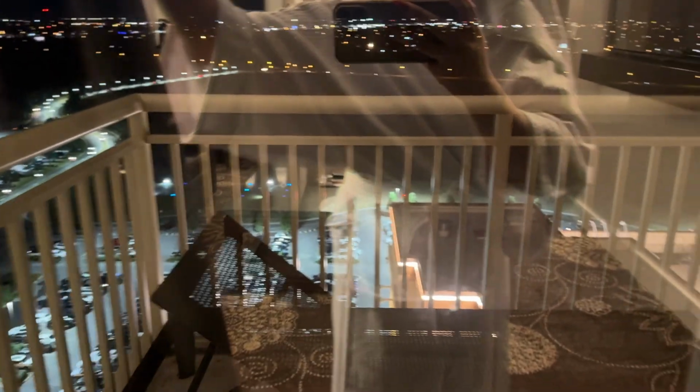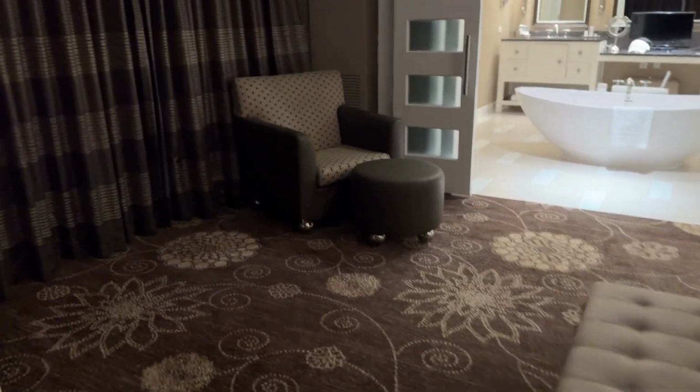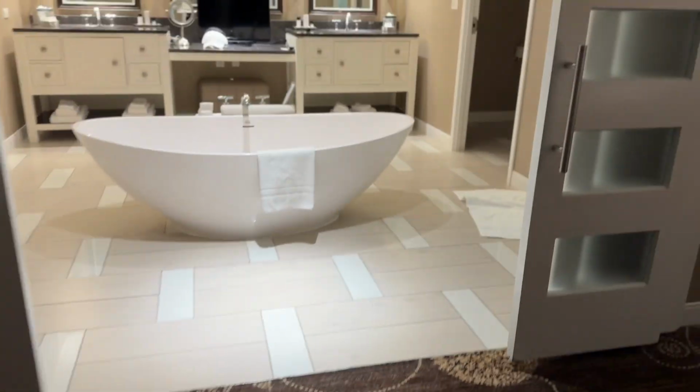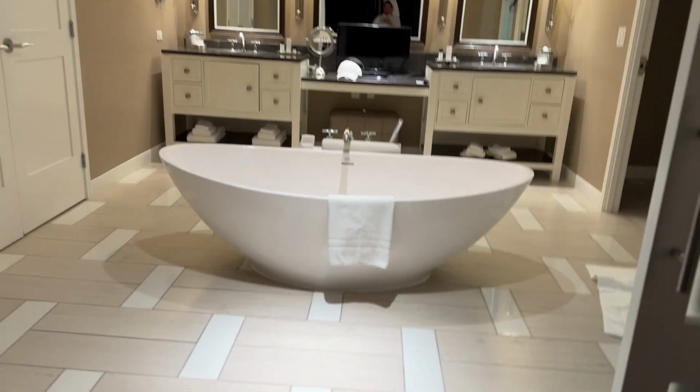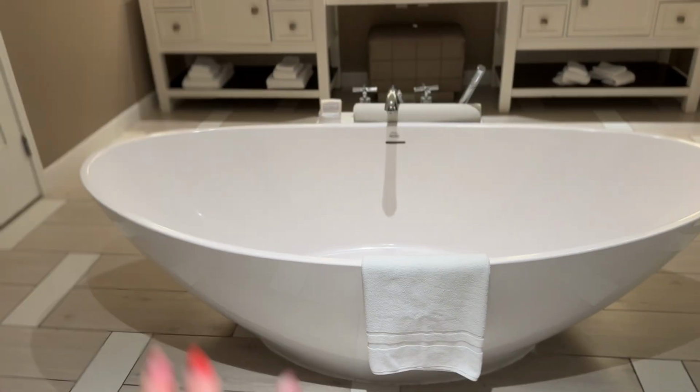And this is the view. It's the balcony. I can't go out. It's really cold right now. So yes, this is through and through. That wall is dividing the rooms. So we have the king bed, and of course the bathroom, I mean the main bathroom, with the tub in the middle,